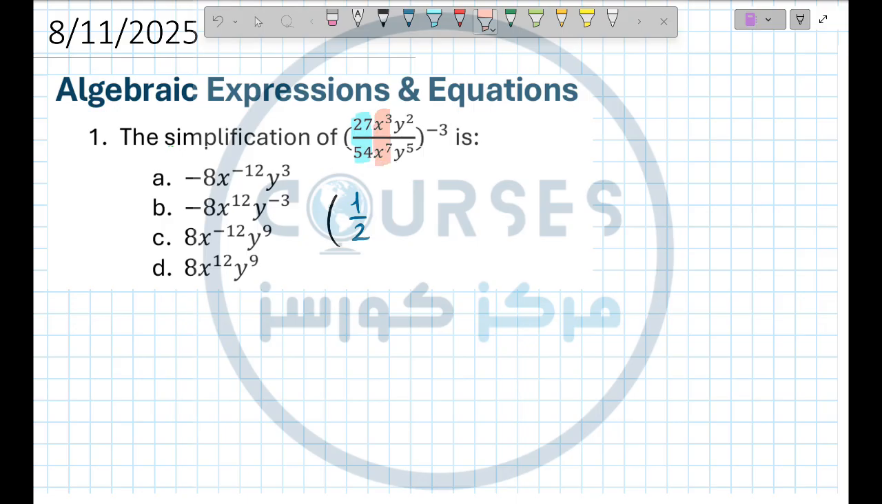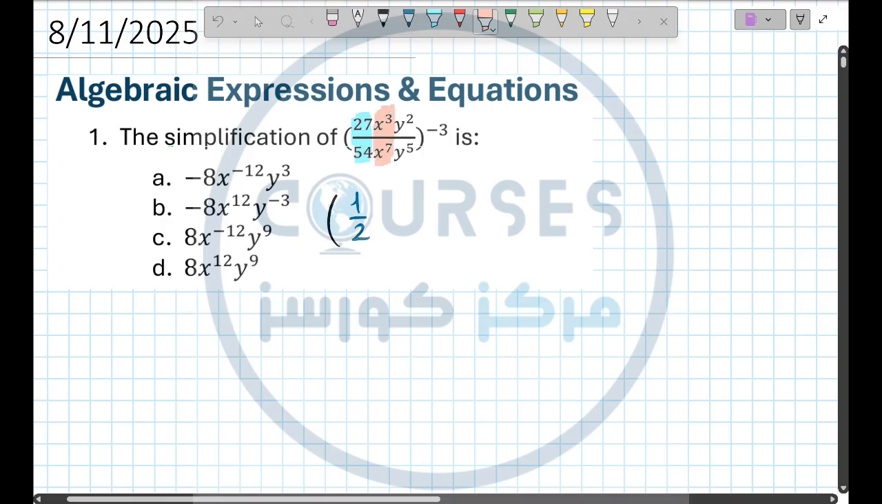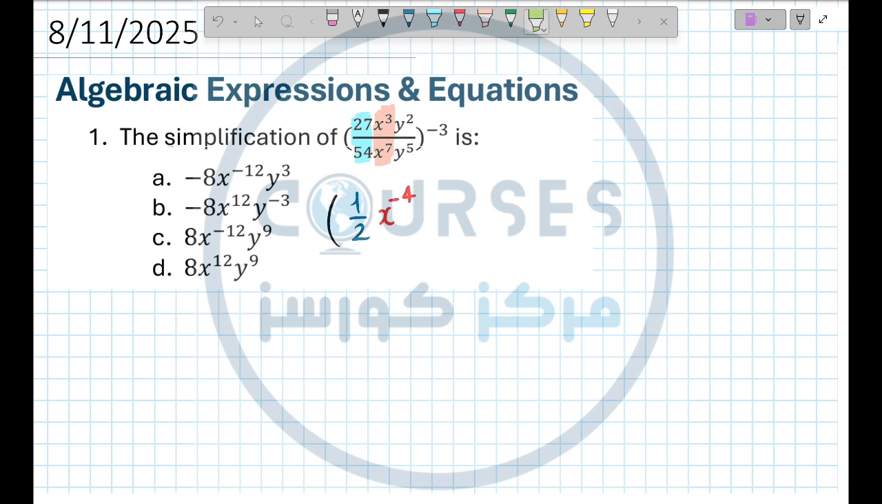X power 3 divided by x power 7. In division, we subtract the powers. So that's x to the power of 3 minus 7, which is negative 4. Y to the power 2 minus 5, which is negative 3. And let's not forget that we have a power of negative 3 outside here. Now we distribute. So this will be equal 1 to the power of negative 3 over 2 to the power